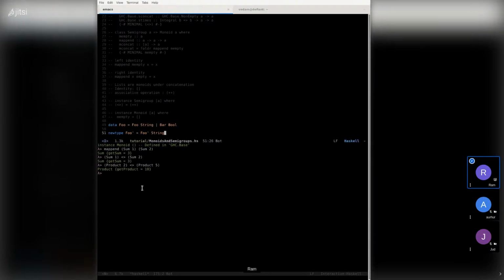Newtypes are particularly important as you start writing larger programs, when you are trying to signal intent. And like I said, it improves type safety. I think of the same thing for type aliases inside Haskell.